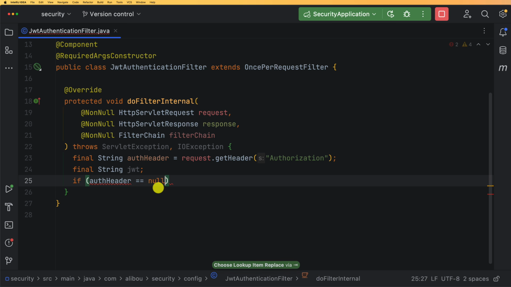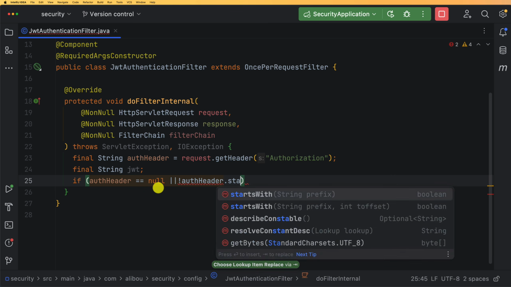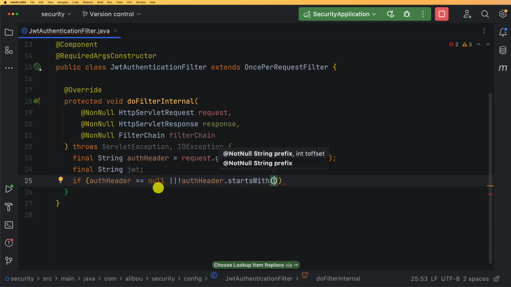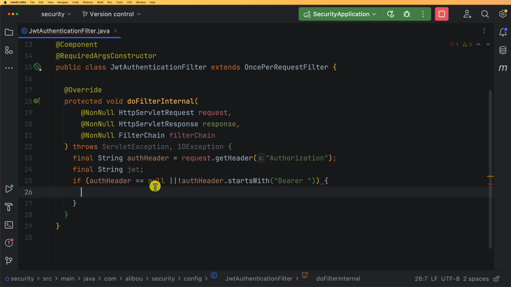I want to do an early return, or if not, my authorization header dot startsWith, because as I told you, the bearer token should always start with the keyword Bearer. Okay, and it should be exactly like that, and then we have a space. So if we don't have these two conditions,